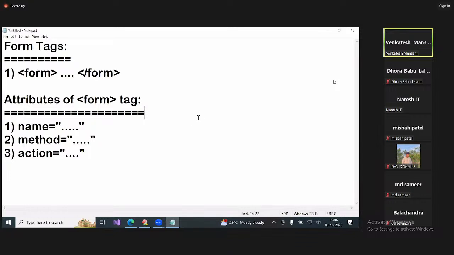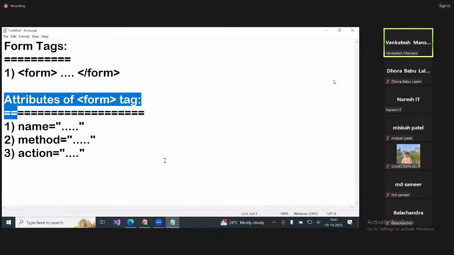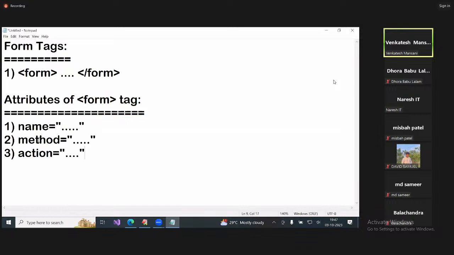Writing a program is the same for any form. Content may be different, but the writing style is the same. Name, method, action. In a form tag, I gave only one tag: form open, form close, to create a form. Name equal to the name of the form, for identification purpose. Method equal to, how many HTTP methods did I give? 7. What are those? Get, post, put, delete, head,